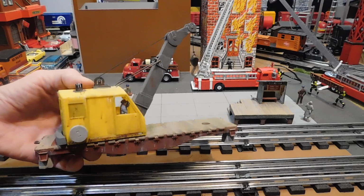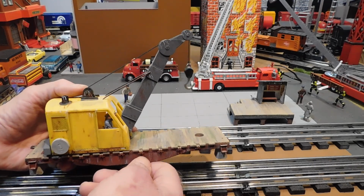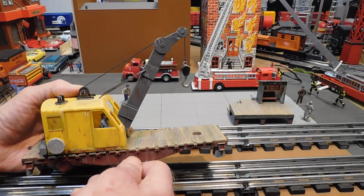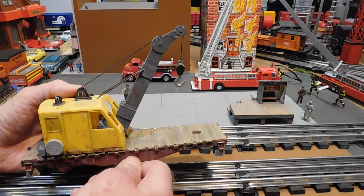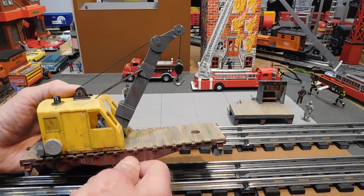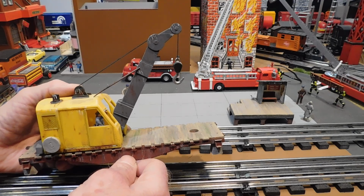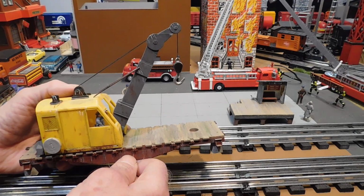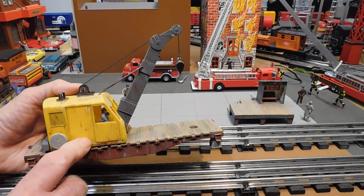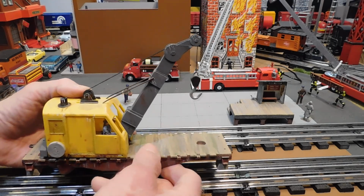The crane itself, this type of crane on top of a flat car, is fantasy. The only flat cars with cranes on them that I've seen used as loading docks utilized jib cranes. Now, a jib crane is a manually operated crane. No motors in it, nothing. I have yet to come across any prototype photo of this type of crane on top of a flat car used as a loading dock. But anyway,